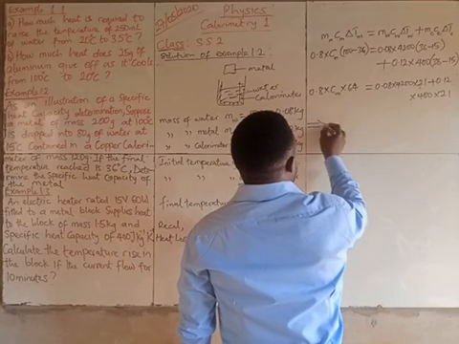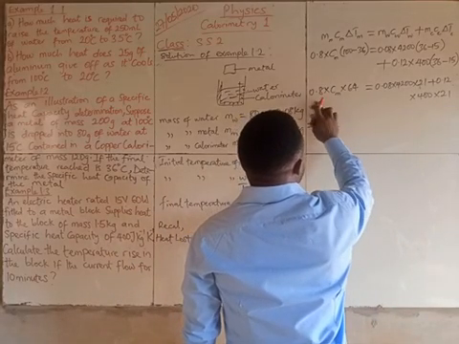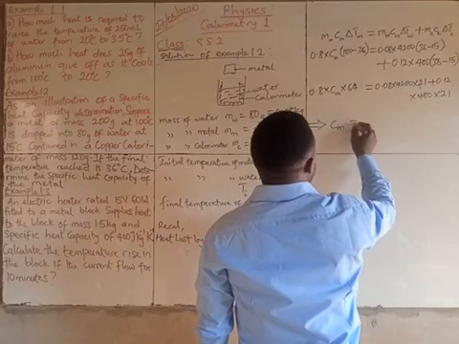It implies that if we divide both sides by 0.8 times 64, Cm will remain